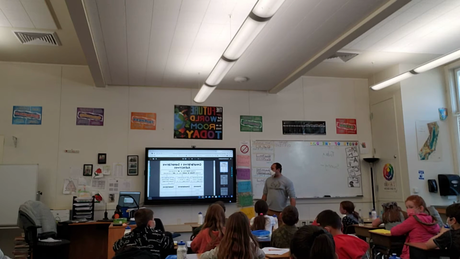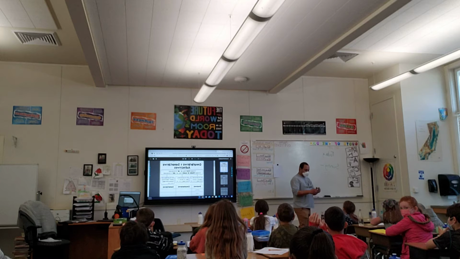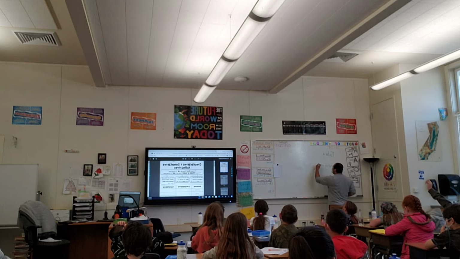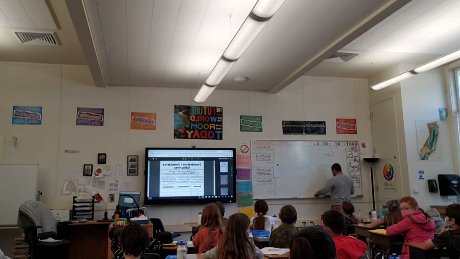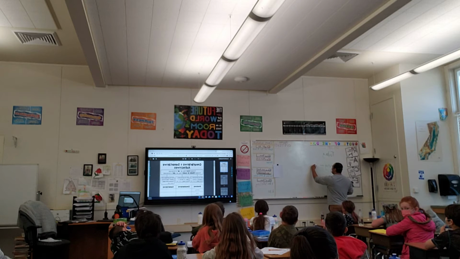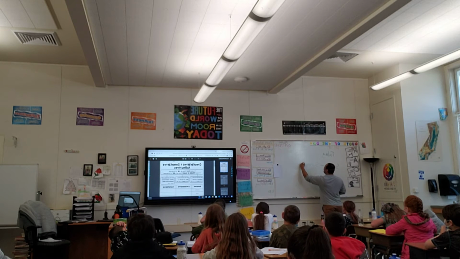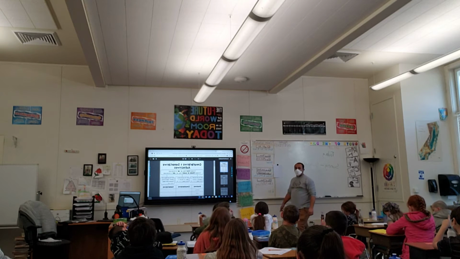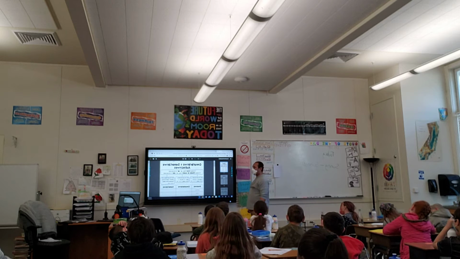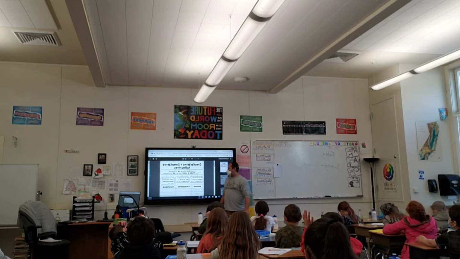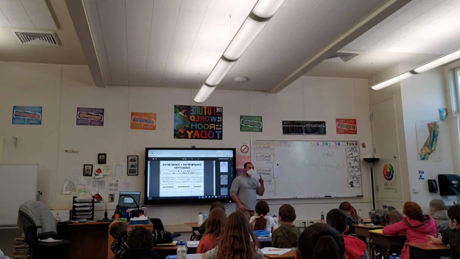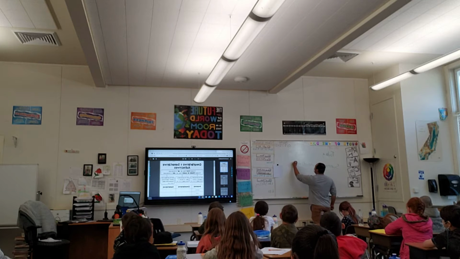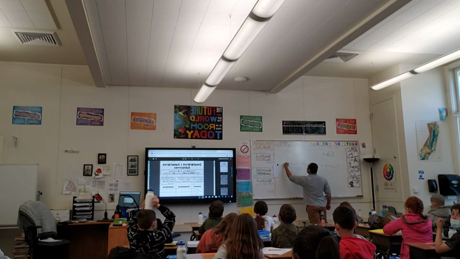Sunnier. But what needs to happen to that Y? It needs to be taken away, and what are we adding? ER. Take away the Y, add I. So it becomes sunnier. Then make a sentence with that. On Friday, if it's more than sunnier, then it's the sunniest. It is going to be the sunniest day of the week.